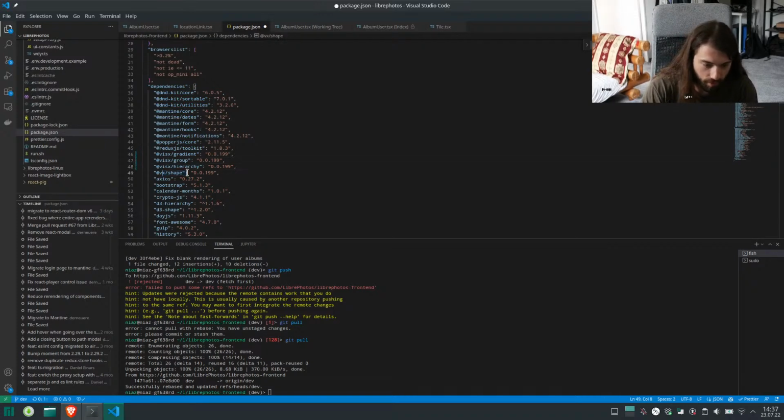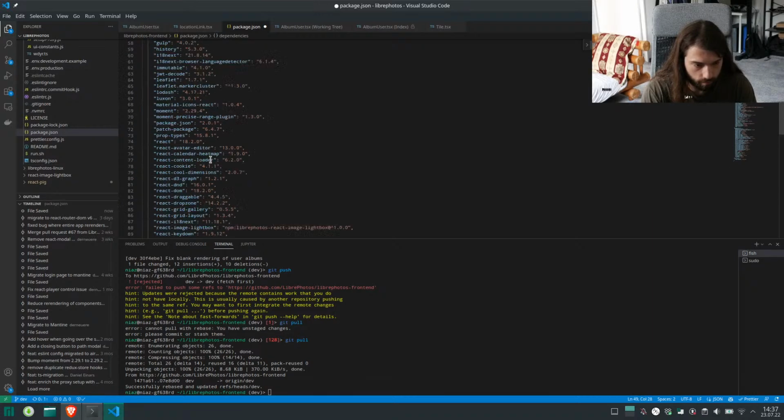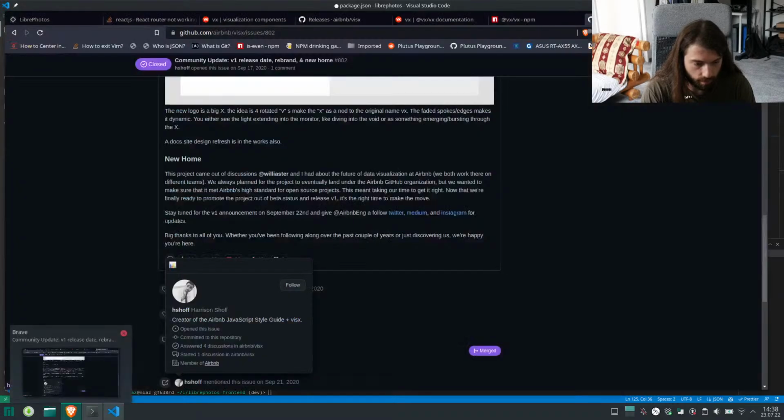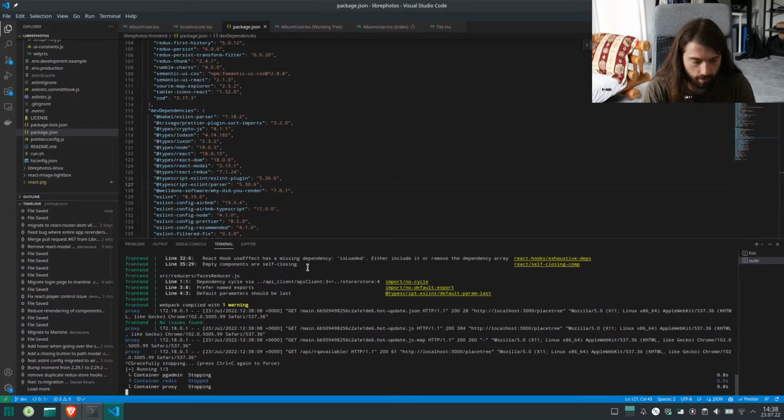I'm not so sure if I actually can upgrade everything, but it will be fun, right? So I think there should also be types, right? But I will add them later anyway. So let's